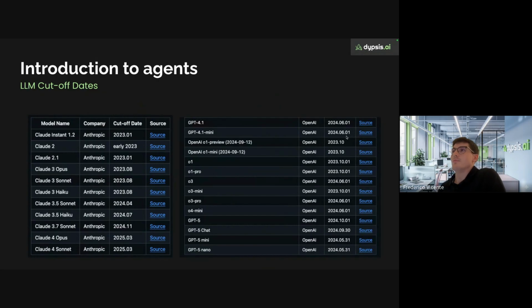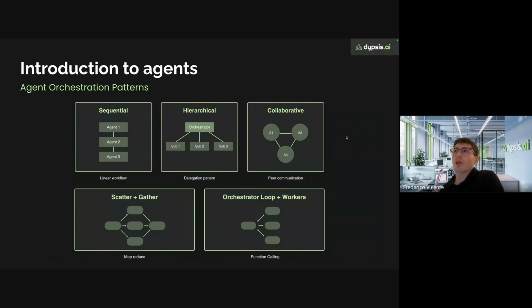Okay. And what kind of orchestration patterns are normally used with these types of agents? So you have the simpler one, which is the sequential one, where an agent is specialized, for example, in a task. You give it some input, it performs that task, then it passes the output to another agent that is specialized in performing the next task, and agent 3 then uses the output of agent 2 and provides you the output.